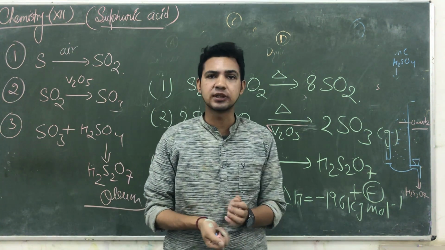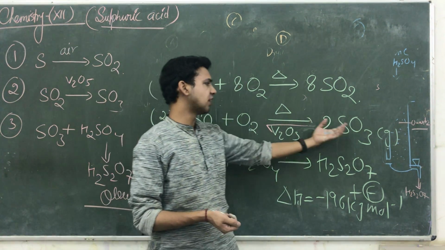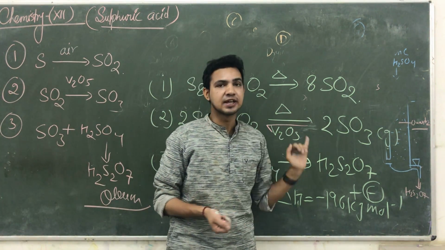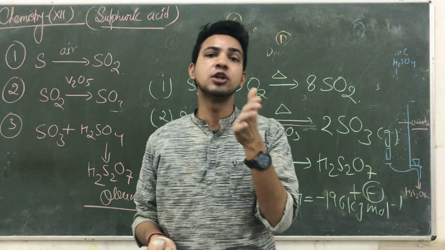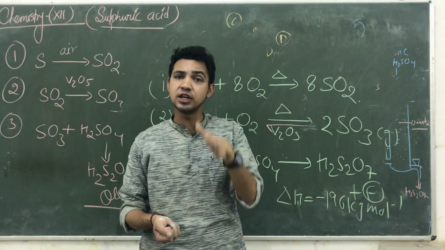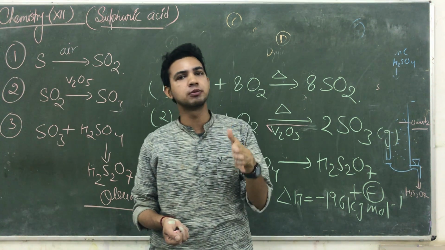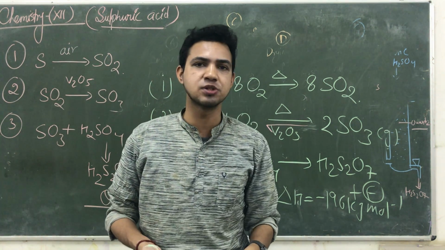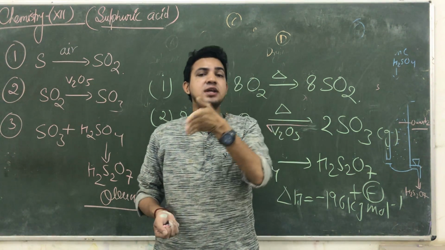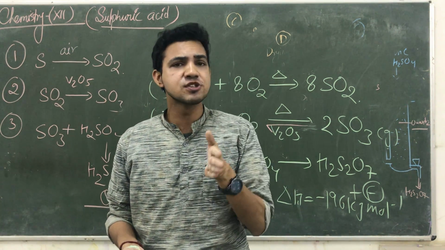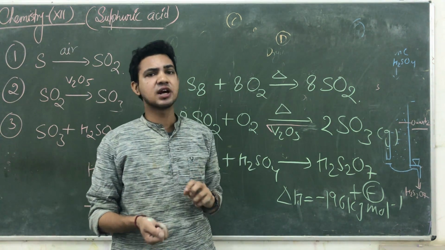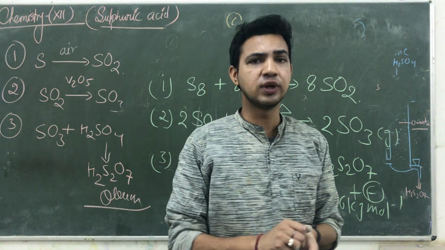If the temperature becomes higher and pressure lower, that reaction moves in the backward direction. That's why we are taking a catalyst here. But the temperature should not be very low, because if the temperature is very low, the reaction will be stopped at the same time. The temperature should be low, but not so low that the reaction stops. And generally we are using a catalyst there. So guys, these are the preparations of sulfuric acid.